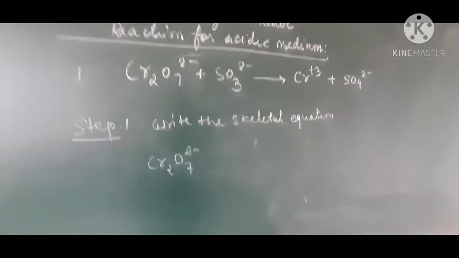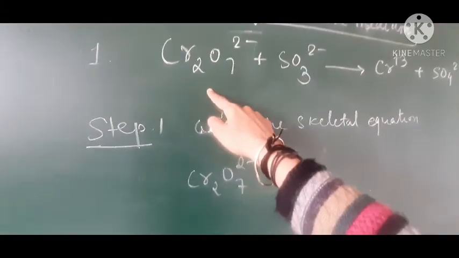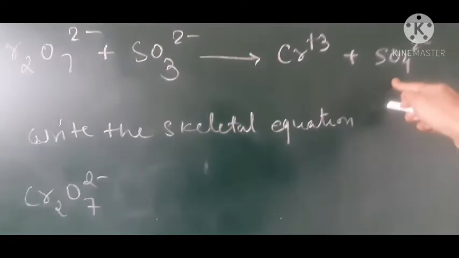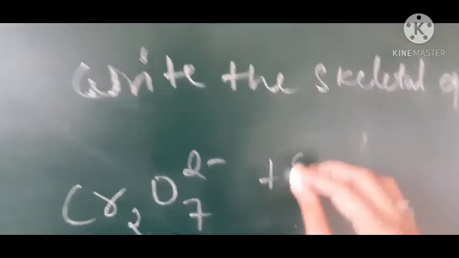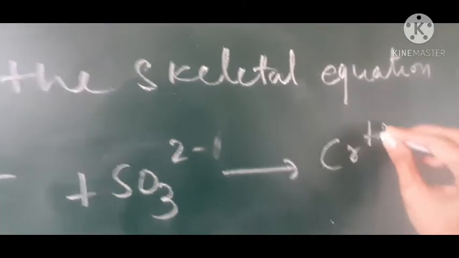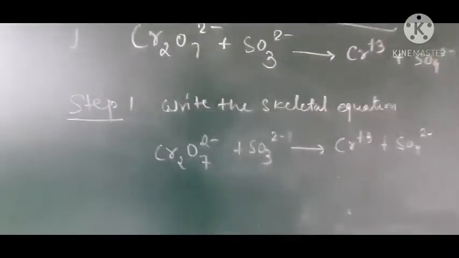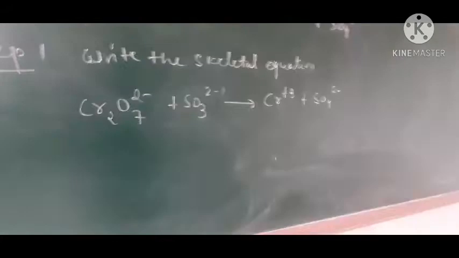So here we have to do the balancing for dichromate ion. Whenever it reacts with sulfite ion, it produces chromium ion and sulfate ion. So the very first step, we are writing the skeletal equation. We are just going to copy this one. Then we are assigning the